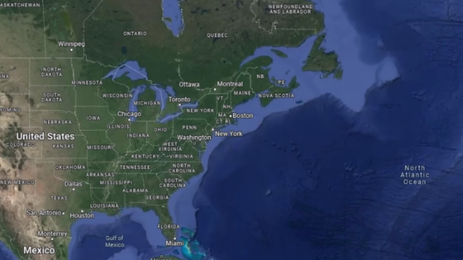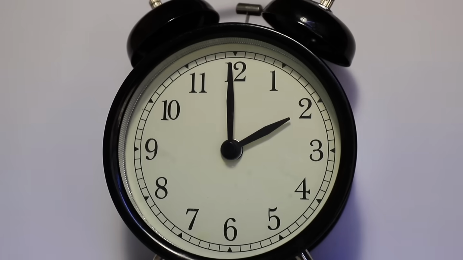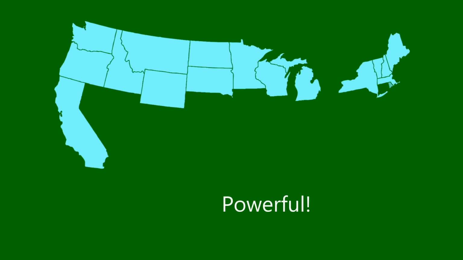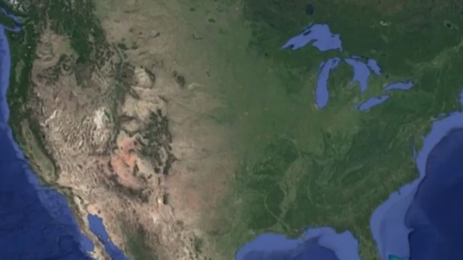The second reason was that Europeans saw the native civilizations in the New World and felt a kind of religious obligation to spread and convert the natives to Christianity, with a special effort from Jesuit missionaries. Finally, there was glory. Back then, the more land a country controlled, the more powerful it was considered. The Americas offered a new frontier to claim and show off to the rest of the world.